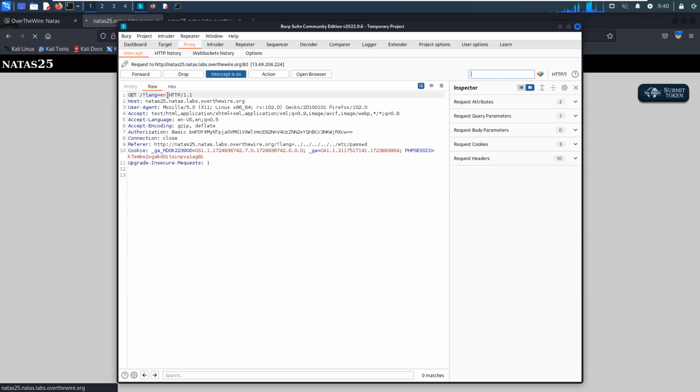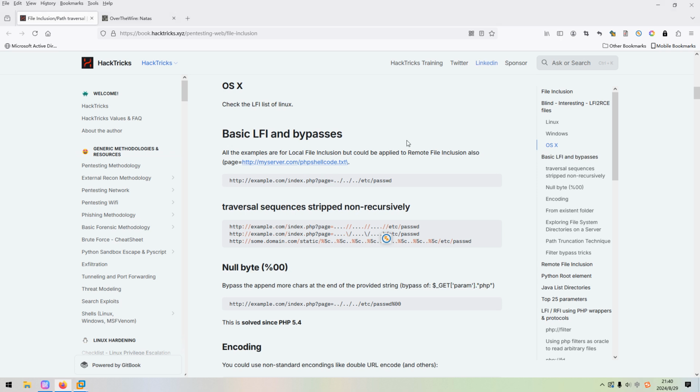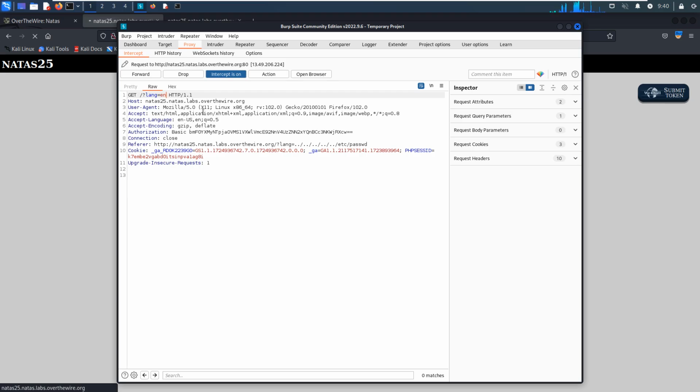As you can see, we got the request, and then we can copy this one and put it over here. Maybe we can put more, it doesn't matter. And then we can access the log file.